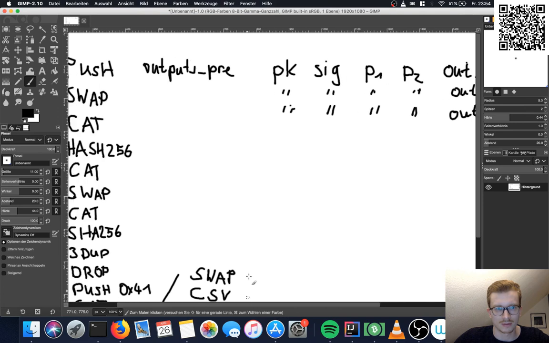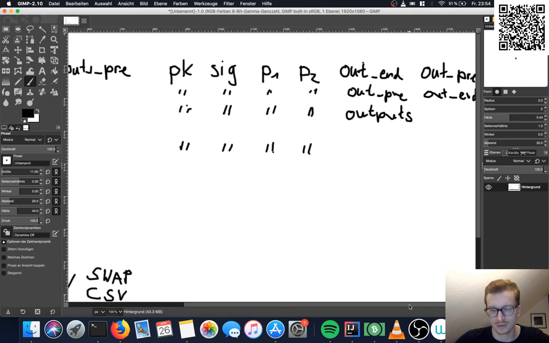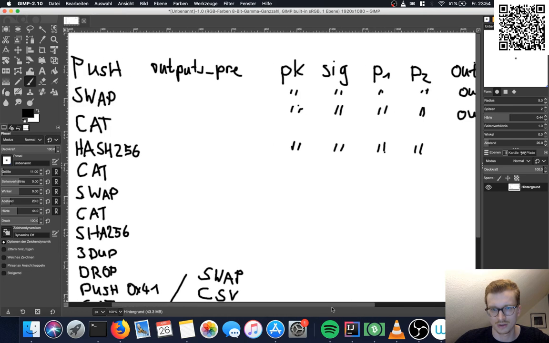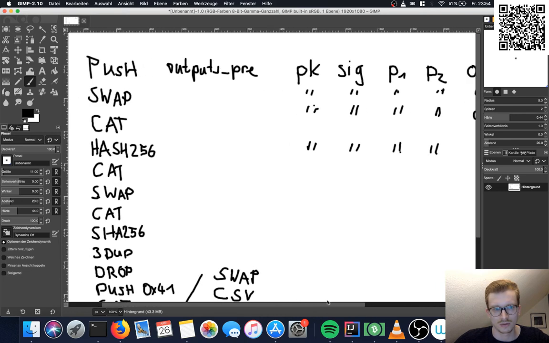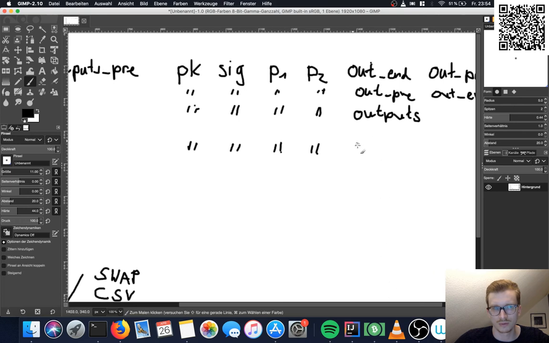Yeah, I think we're a bit misaligned. But then we will hash the outputs. And I'll show why that is when we look at the pre-image, which we'll do afterwards.